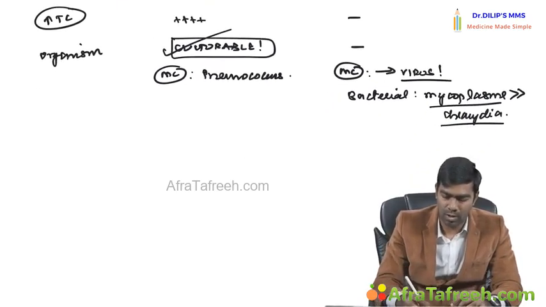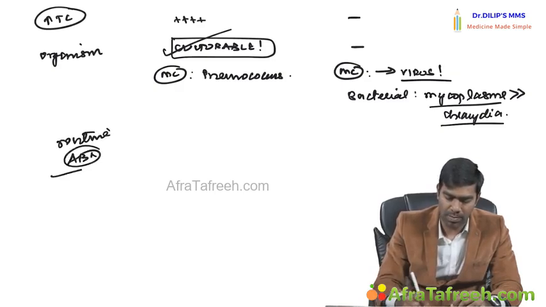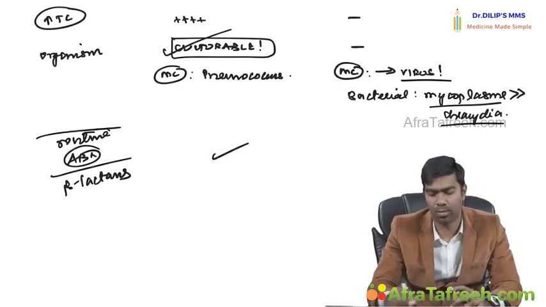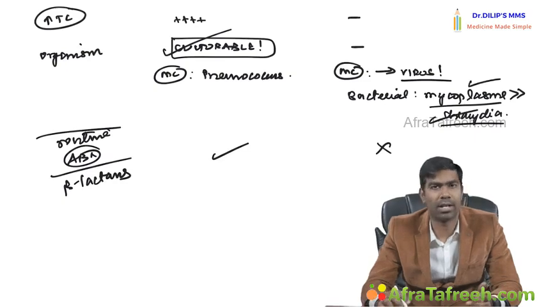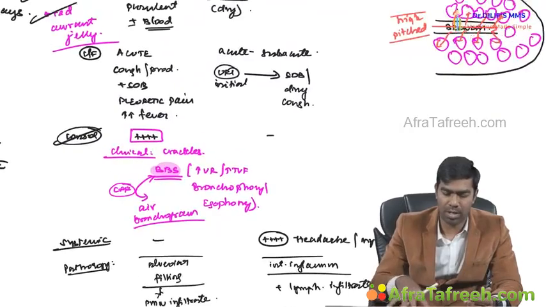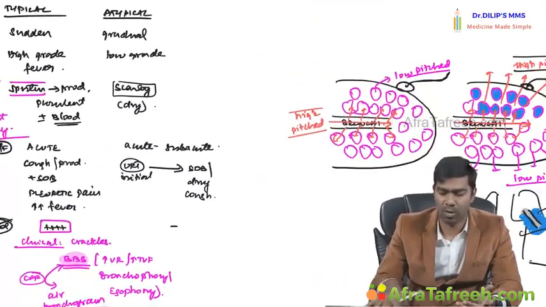And similarly, your routine antibiotics, in the sense your beta-lactams, that's what I mean, the penicillin group of drugs, cephalosporin group of drugs, work very well for a typical pneumonia, but they generally don't work very well for an atypical pneumonia because they are atypical organisms. Viruses don't respond to antibiotics anyway. These atypical organisms also, like Mycoplasma, Chlamydia, Rickettsia, are not going to respond to your standard beta-lactam. They need your tetracyclines or macrolide antibiotics. So beta-lactams don't respond. Clear? So these are some of the very, very important differences between typical versus atypical, and I hope you understand the